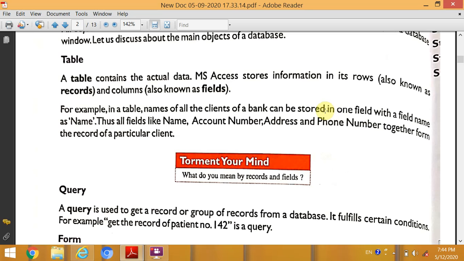In this table, we can store all the details about students, teachers, staff, and in a bank database, we can store customer name, customer account number, customer address, and customer phone number. These are all called records that we store in the form of tables, rows, and columns.